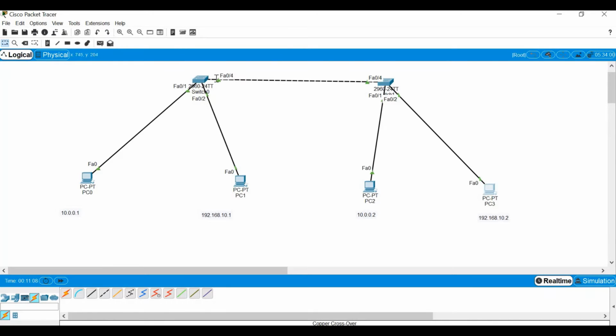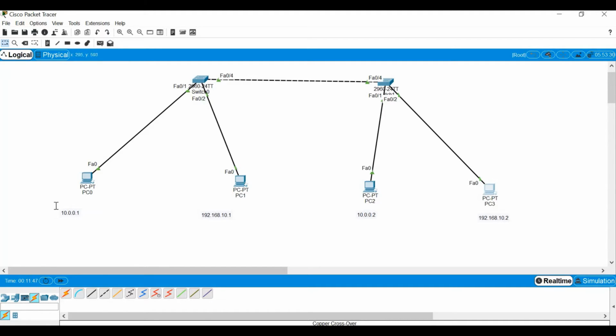Now I'm going to configure my switches. Let me consider this as switch 1 and this one as switch 2. The IP addresses 10.0.0.1 and 10.0.0.2 both fall on the network 10.0.0.0. Similarly, 192.168.10.1 and 192.168.10.2 fall under the network 192.168.10.0.